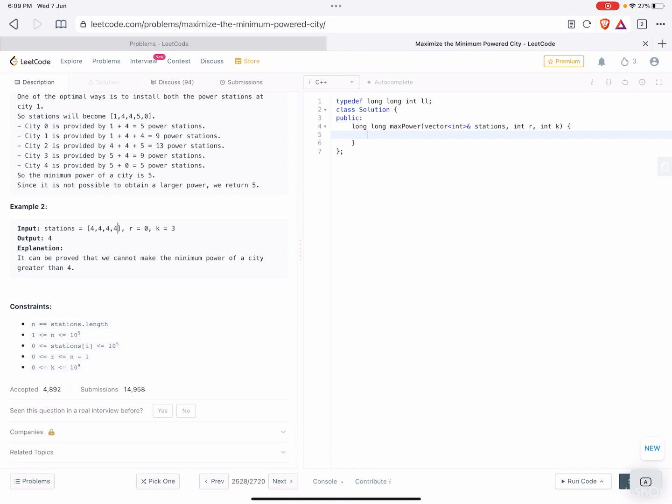After that, int n equal to stations.size(). Now let's say the cumulative sum is denoted by powers of these stations, and there are n stations, so I will do n plus 1. Now for int j equal to 0, j less than or equal to n, j plus plus.